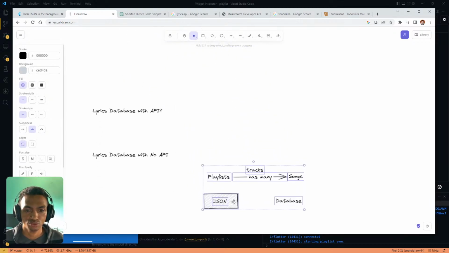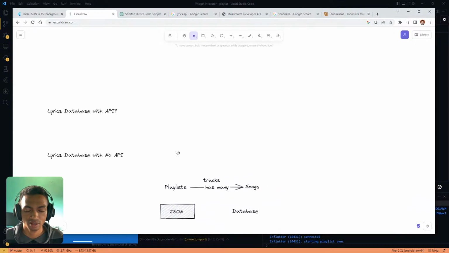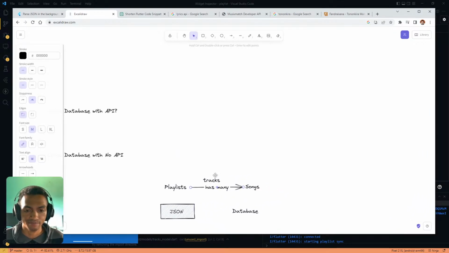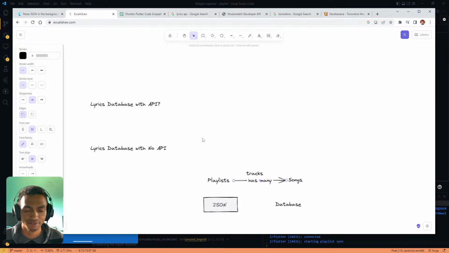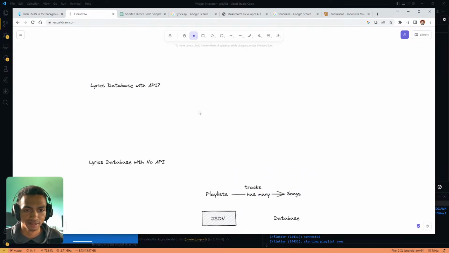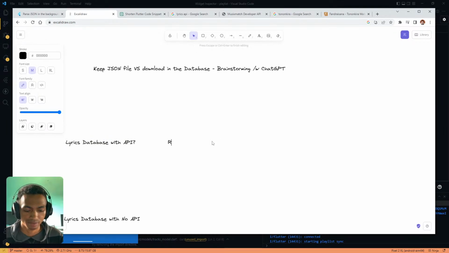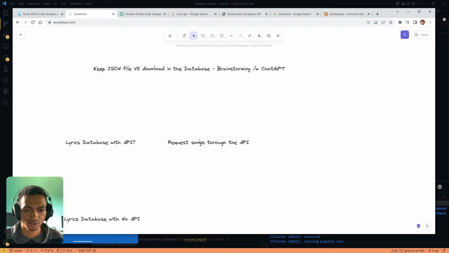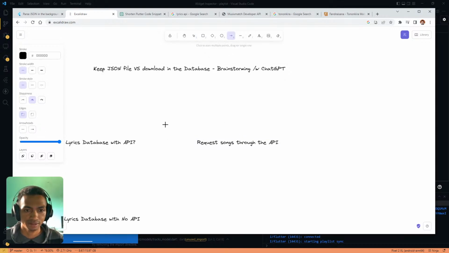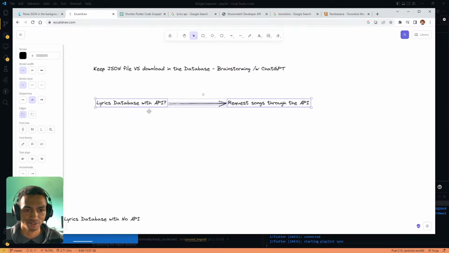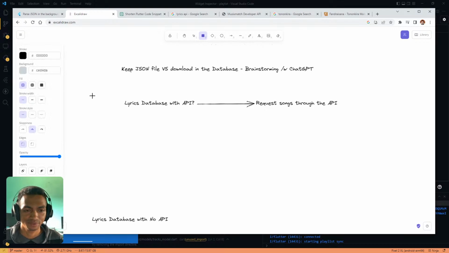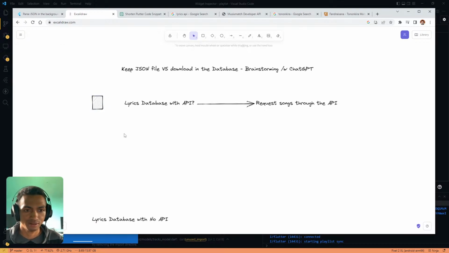I don't need to download the JSON or do anything fancy on my end. If it has an API, I can just request songs through the API, and it's done. Okay, and this makes me think that maybe this is the feature that I should implement first. Okay, let's add a big one here,